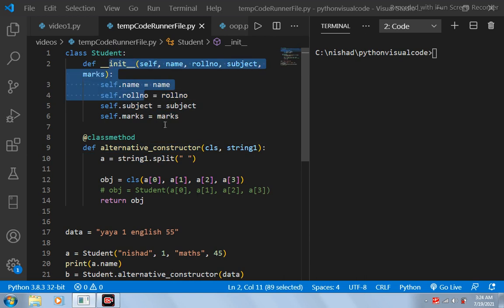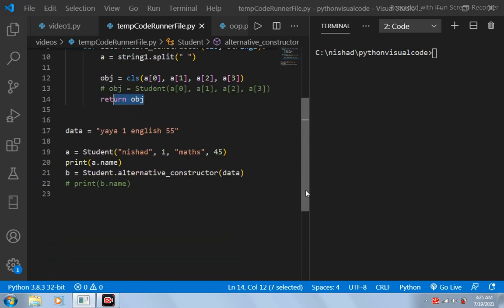But here I can use this string format to create an object. This string format can be used to create a particular object, but in this case it was not possible, right? We cannot pass this data over here because then it throws an error. But with the help of this, we can use this particular format of data and create an object. Then this object will be created and stored in this object variable over here, and then we simply return that object. Then this object will be stored in this b variable over here.